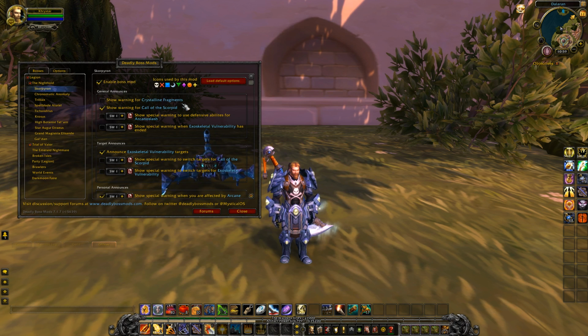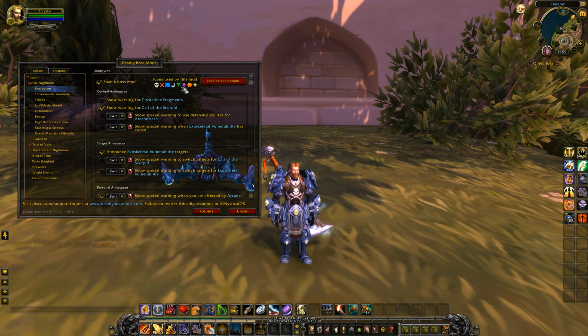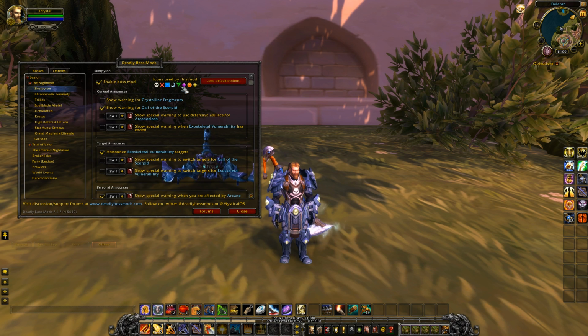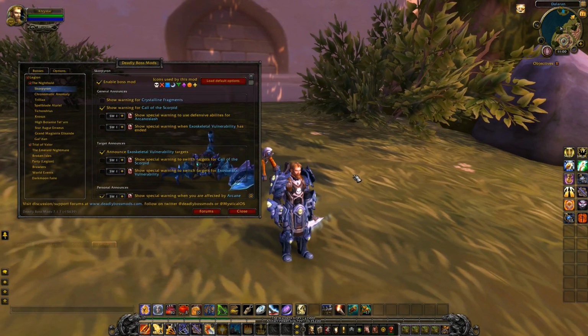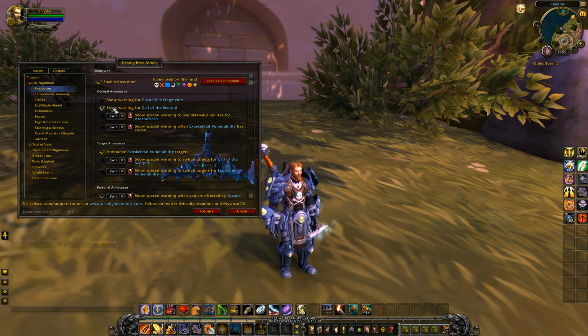But there's a lot of different settings inside here. First off, the most important thing, if you're a raid leader, is to note what icons will be used by DBM, or what icons DBM will automatically assign people, so that you know which ones you can use to mark players if you have to. And if those aren't available, as Scorpion uses all of the available player markers, you would probably have to use flags for this fight, because any icon you'd put on a player would be overridden, at least most of the time.